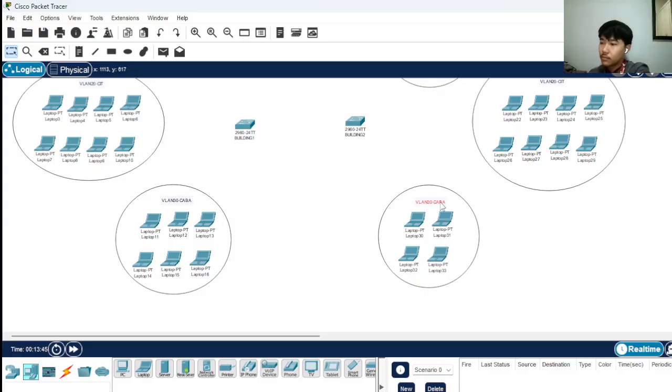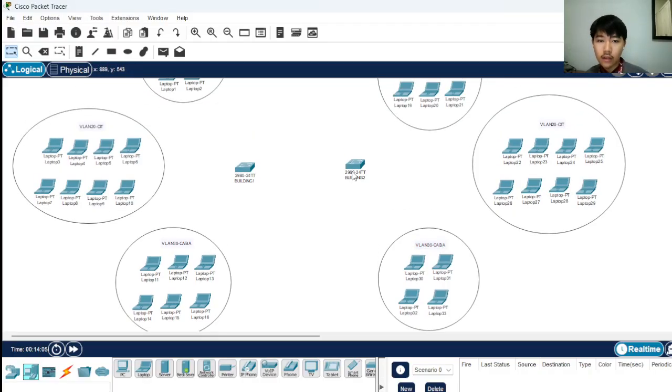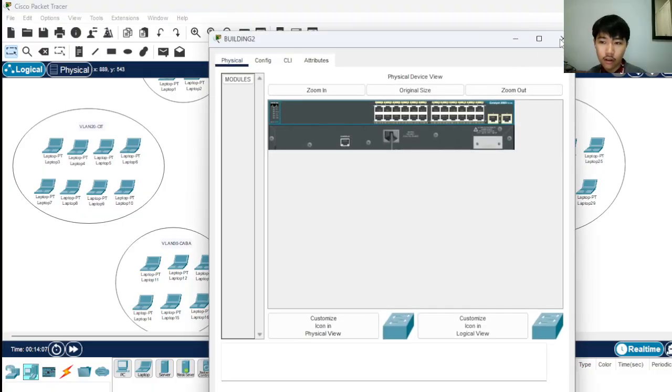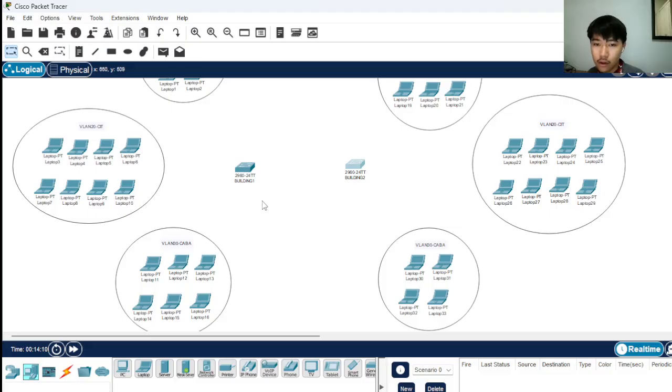So now that we are done with our VLANs, we're going to proceed on connecting each PC or device to our switches. So for this,